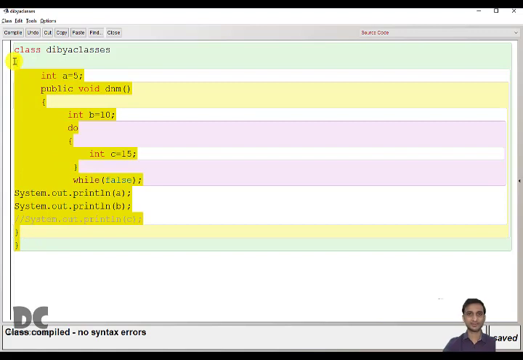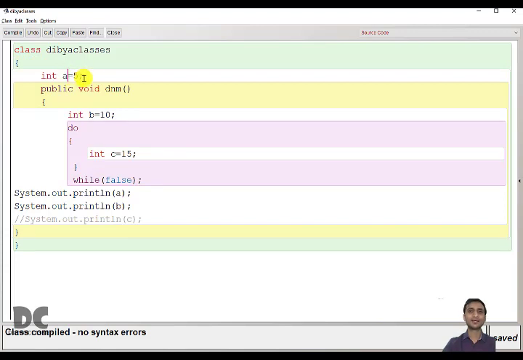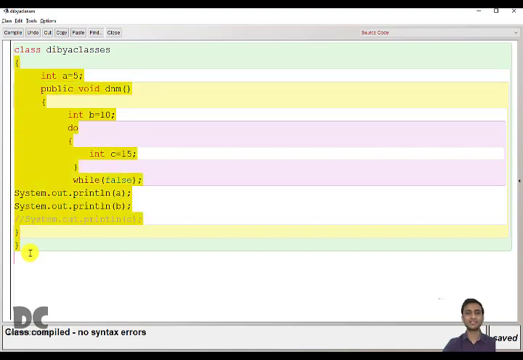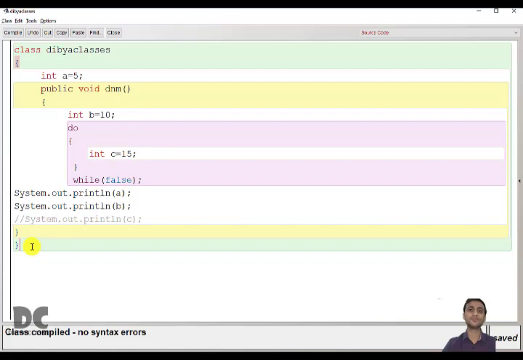The highest area is of the variable a. And where is it declared? It is declared in the class outside the function. So the variables which are declared in the class have the highest area or highest scope. Therefore, these are known as global variables.